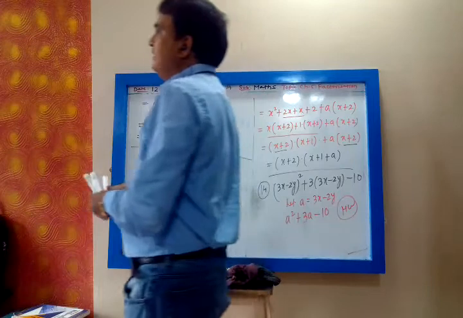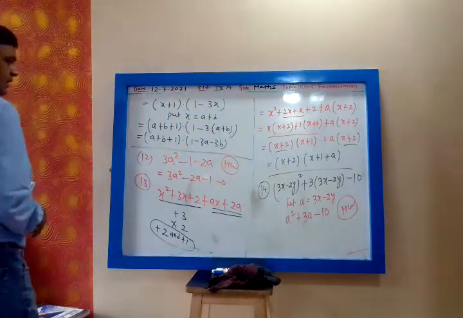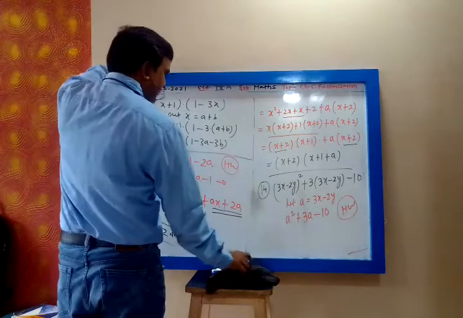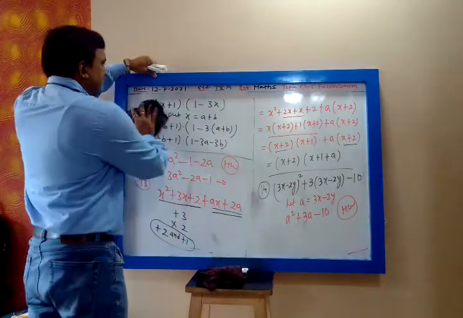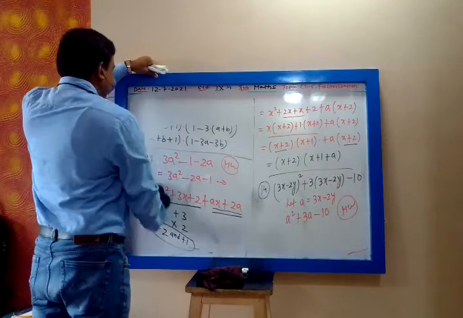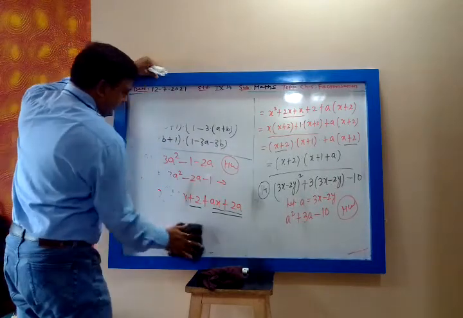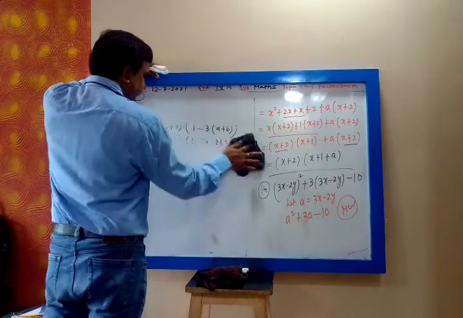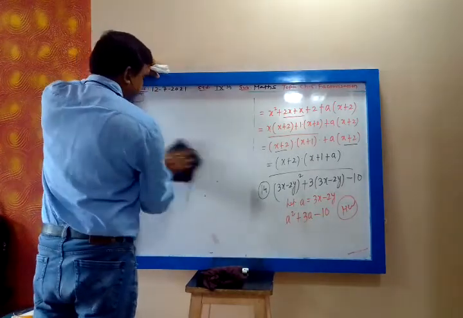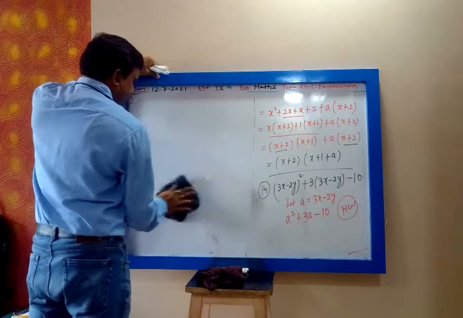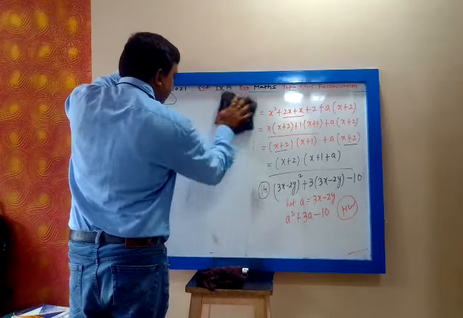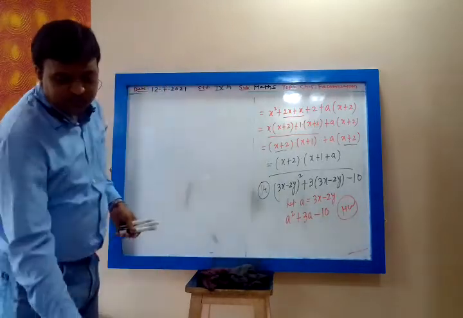Find two numbers whose sum is 3 and multiplication is minus 10. So plus 5 and minus 2. Okay. So for 14th I am giving the further calculation part as homework. Since we have to cover all the problems, I am giving a few problems' calculation as homework. Now 15.